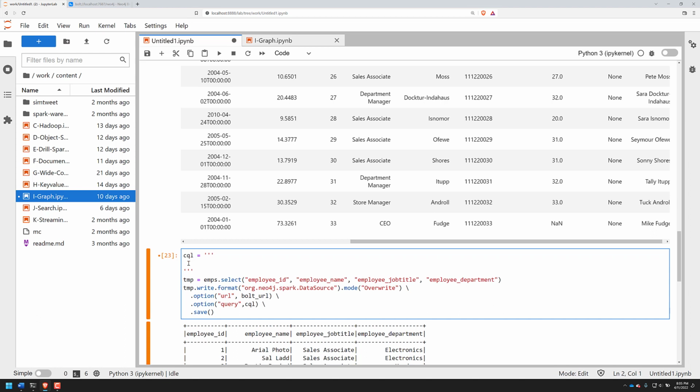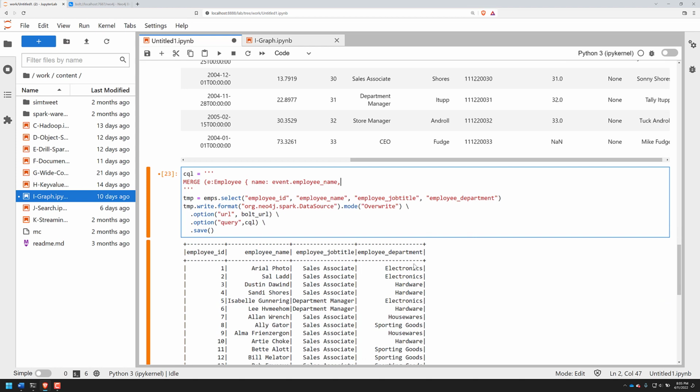I'm going to say merge. And let's just take some employee and let's make their name the event dot employee name. Remember, event is each row. So event, then the next time, event, and the next time, event. Okay. So event employee name,